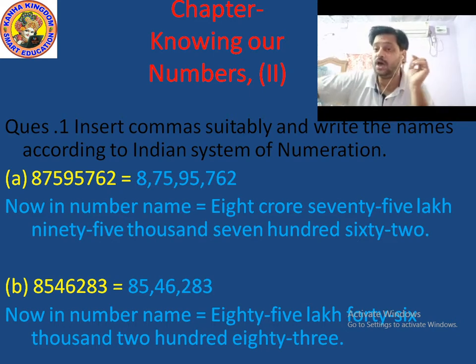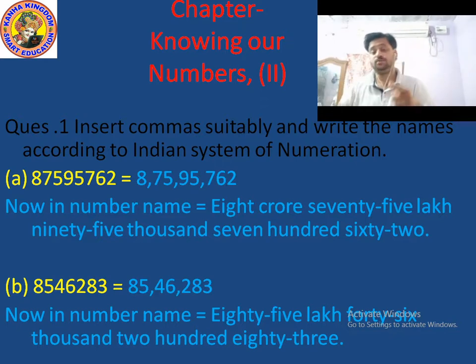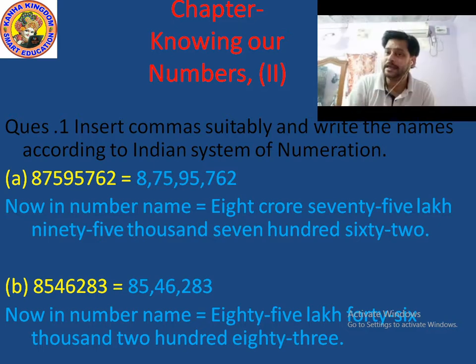So first of all, how many commas are in this number? 3 commas. And after the third comma is the crores period. So just after the third comma, which place value? Crores place value. And which digit is here? 8 is here. So how can we read it? 8 crores. Okay, now clear. 8 crores. And before the crores period is the lakhs period. And in the lakhs period, there are two place values, that is lakhs place value and 10 lakhs place value.